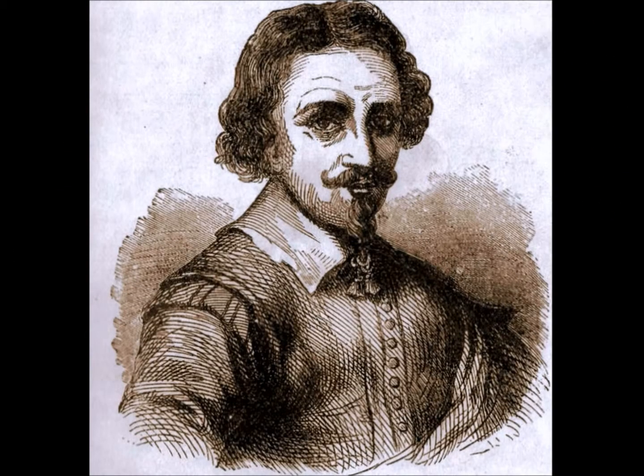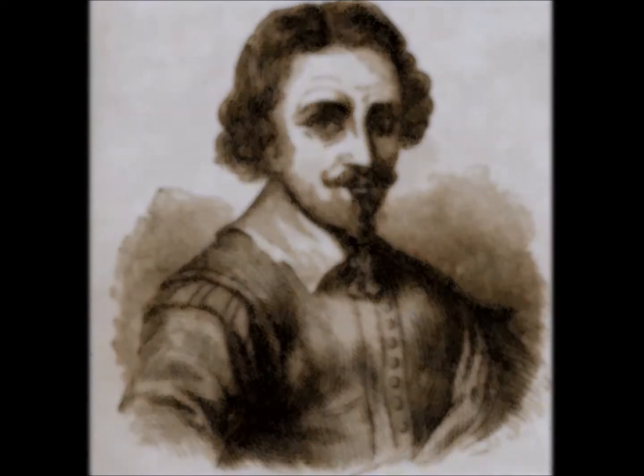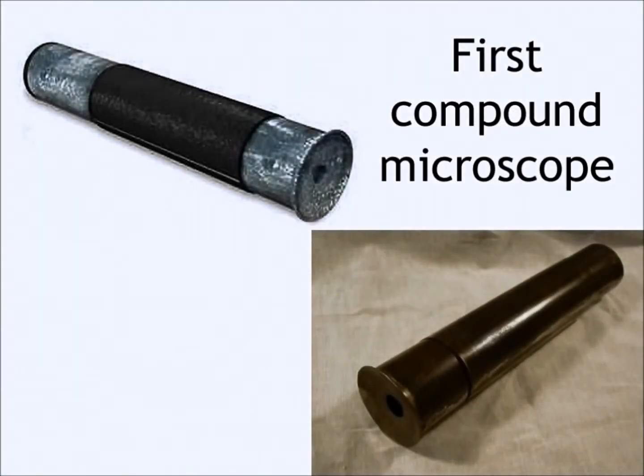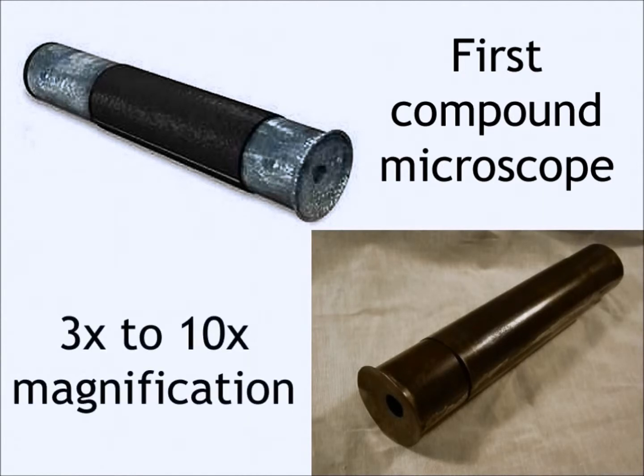In 1595, Hans Janssen, a Dutch lens maker, put together the first compound microscope when he discovered that many lenses used together could make an object appear a lot larger. The first microscope he created could magnify between 3 and 10 times. Though it was considered very basic, the invention made way for later improvements, which led to more studies into the